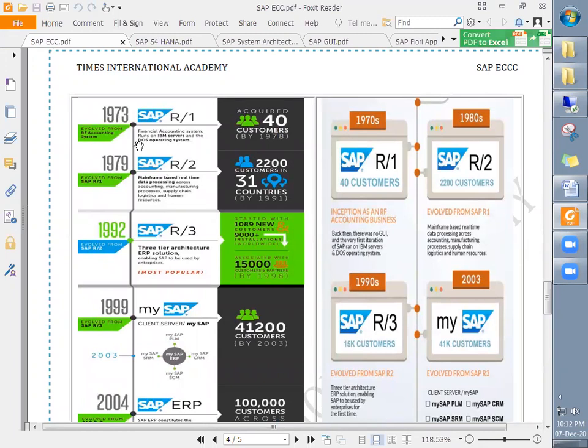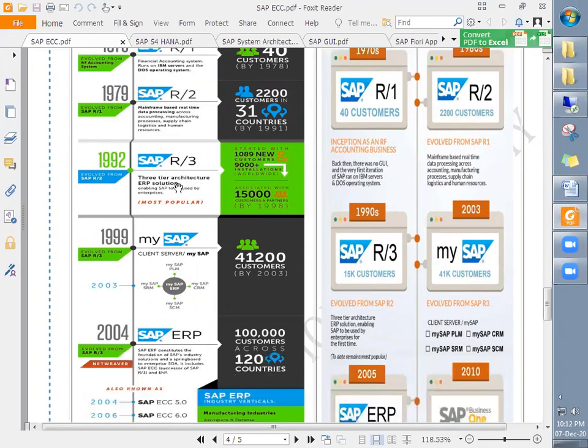So SAP launched its first software with the name R1 in 1973, and they upgraded to R2 in 1979, and then they developed the R3 business suite in 1992. You can see that the terminology R3 is still being used. R3 stands for 3-tier architecture ERP solution.